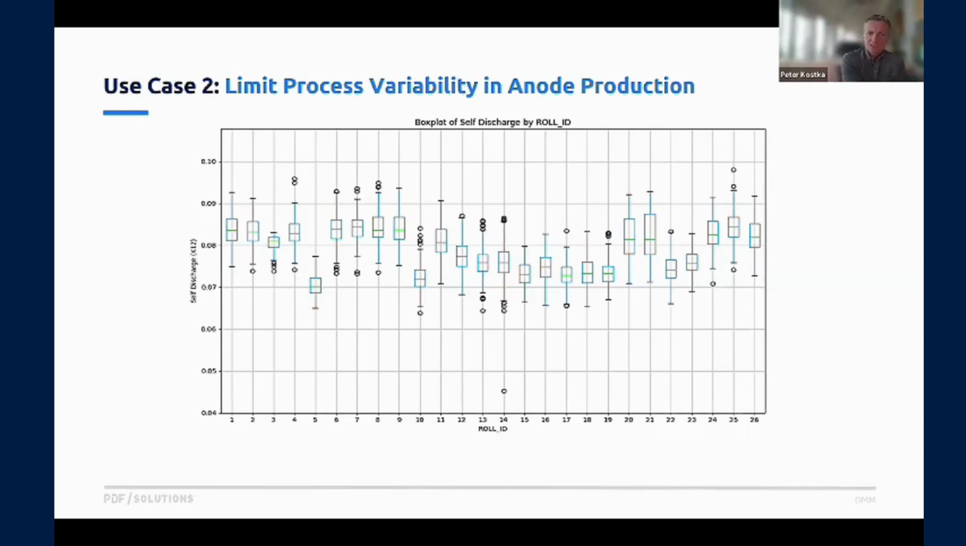So, moving on to use case two. Use case two is not as straightforward. So use case two is still open. So this is the self-discharge coefficient for a series of batches. So we're looking at 26 different batches,